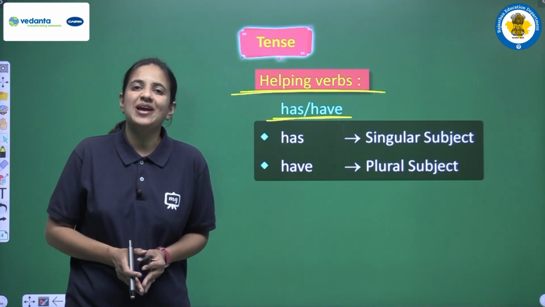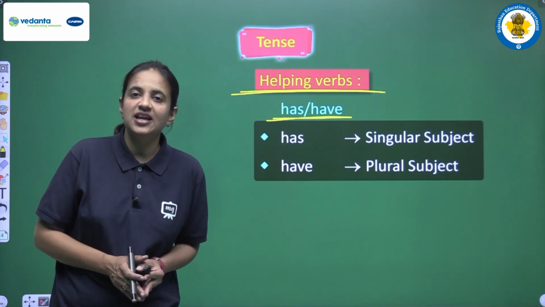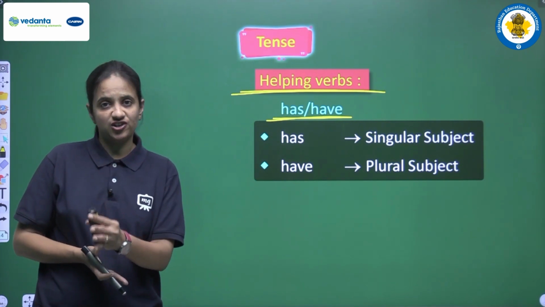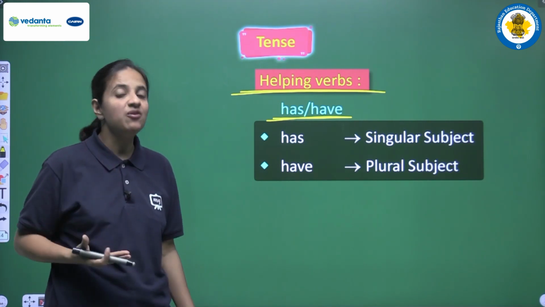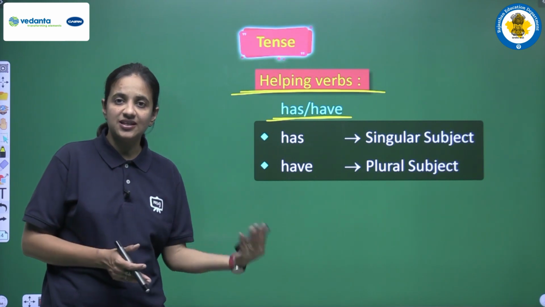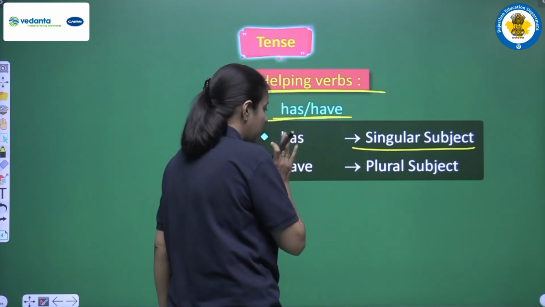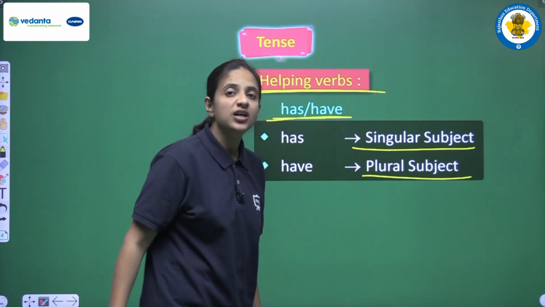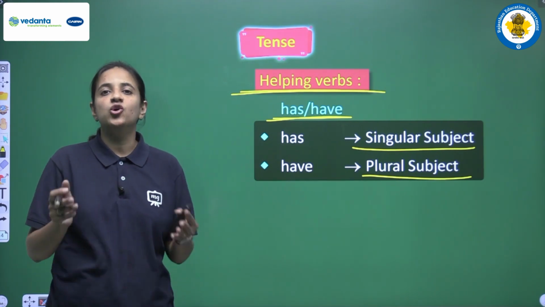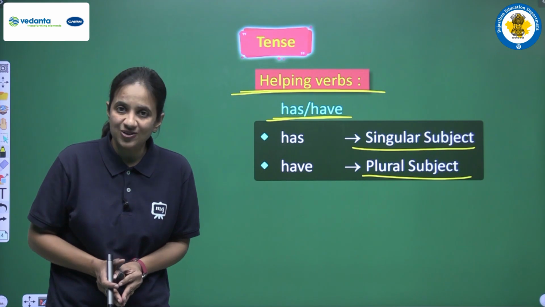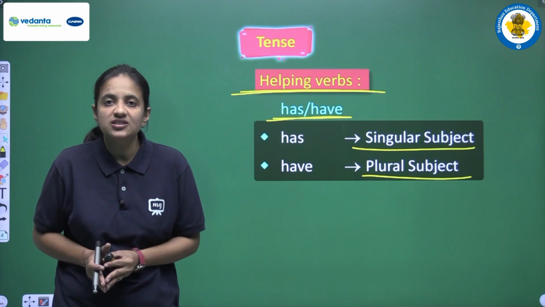I am very much sure that when we are having more than one helping verb, then obviously these helping verbs, they are used according to the subject, right? And the helping verbs of present perfect tense, we are having two helping verbs, has and have. So again we have to focus on the subject. So let's see, has, it will come for the singular subject, and have we always use for the plural subject. Plural means that is more than one, and singular means that is only one, that is single. So for singular subjects always we use has, and for plural subjects always we use have, right?